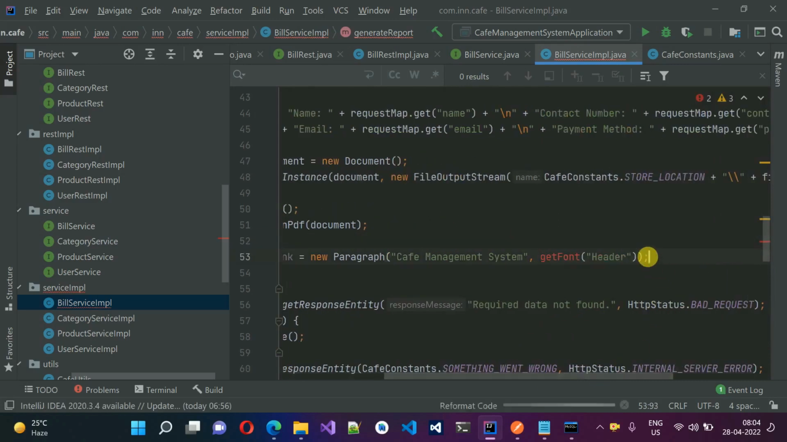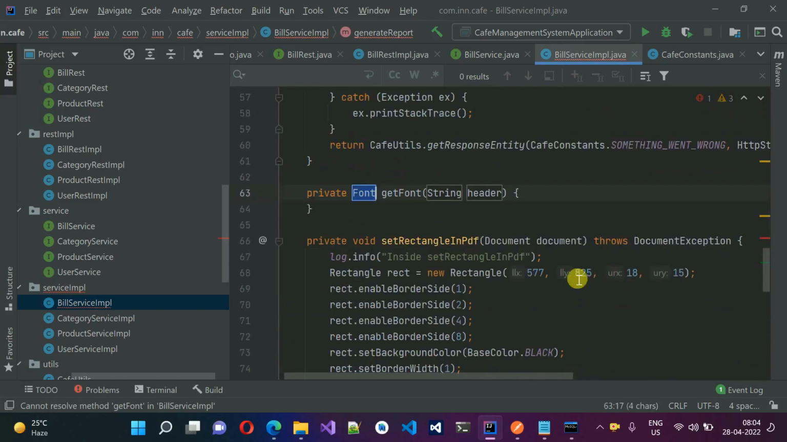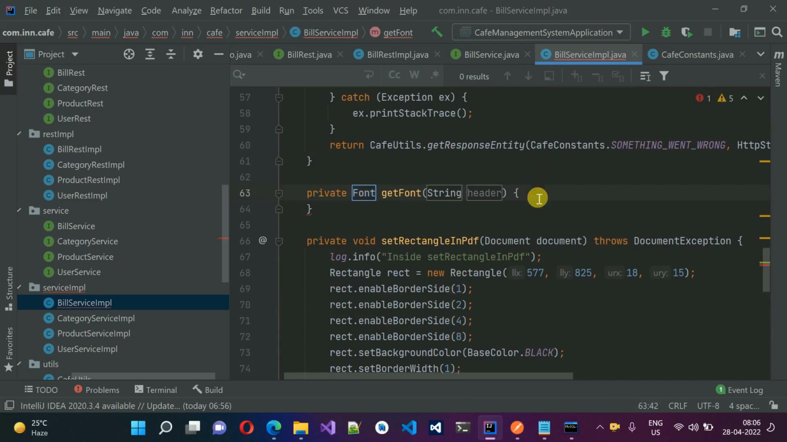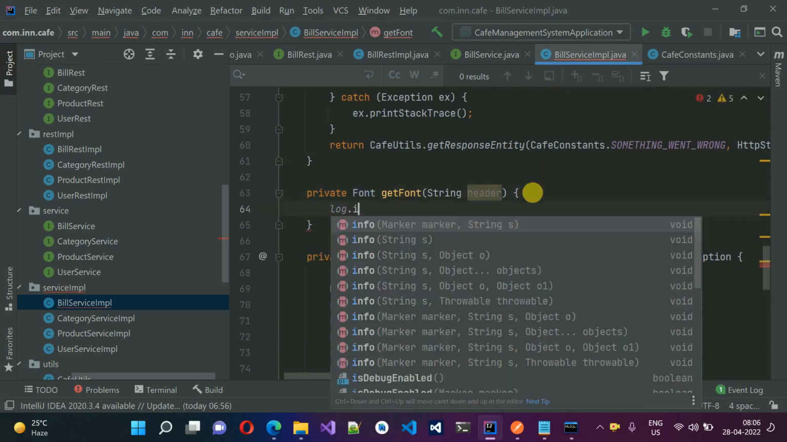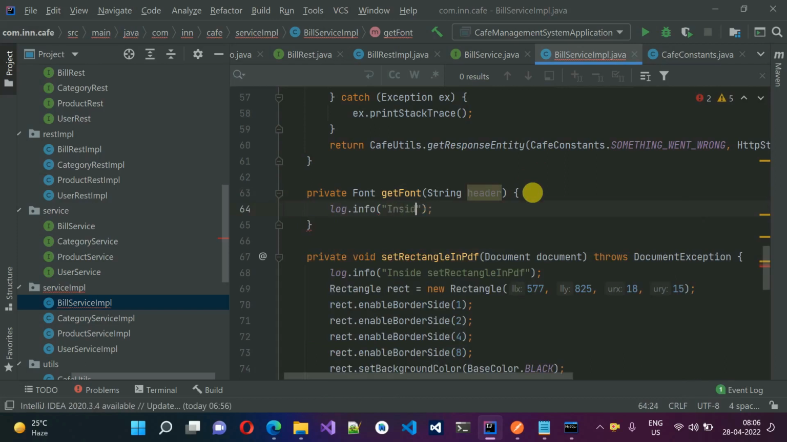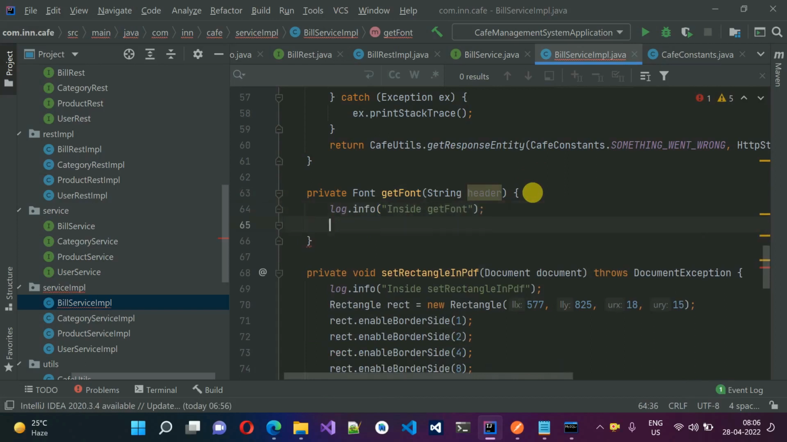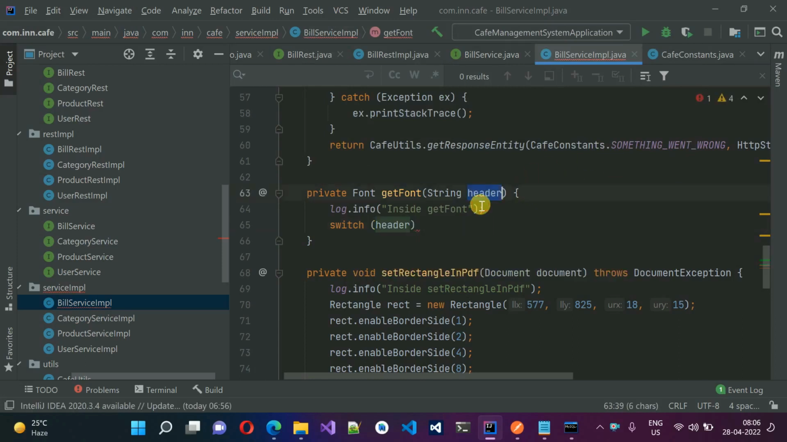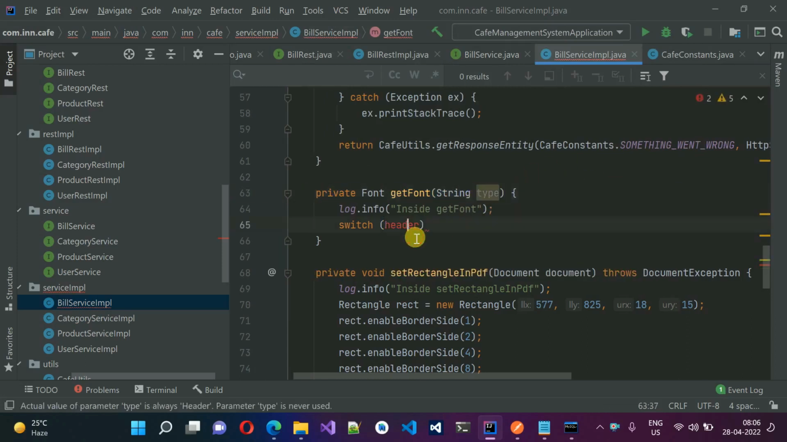So it's showing an error because we don't have this method. So Alt and Insert and create one method, that is getFont. So we're going to create it right now. Okay, here what we will do is we will first log it. So I'm inside this one, so log.info, inside getFont, and here what we will do is we will put a switch, and we will pass the header inside this one, or header, just change this one to type. So type,